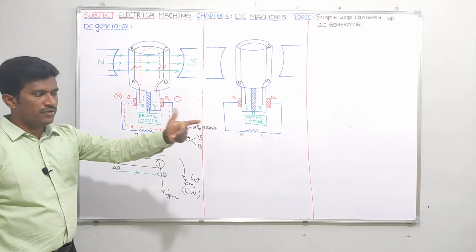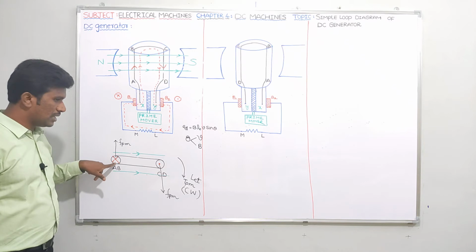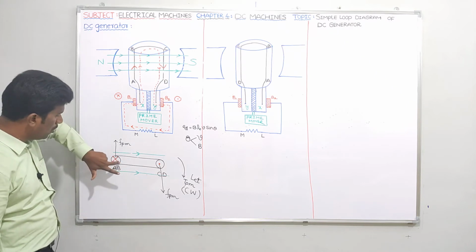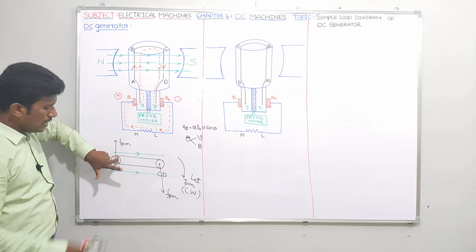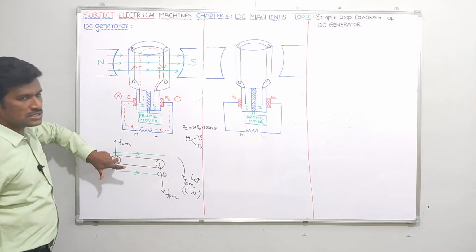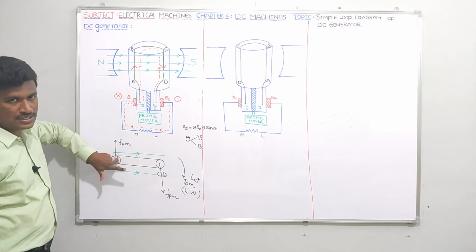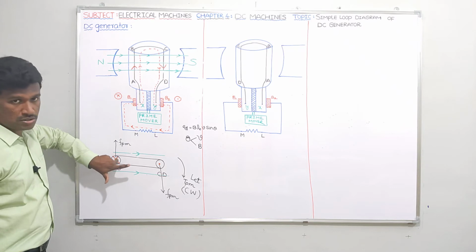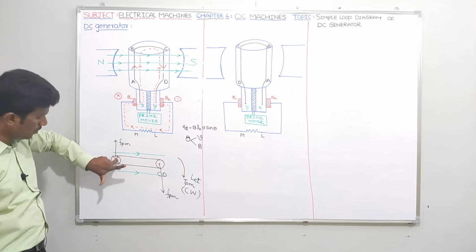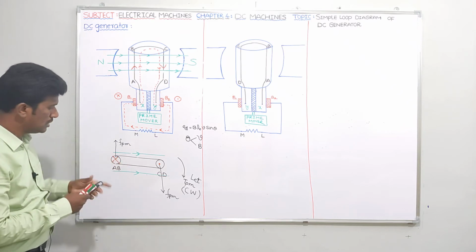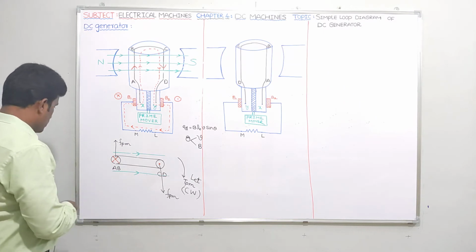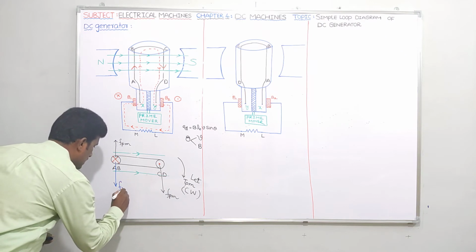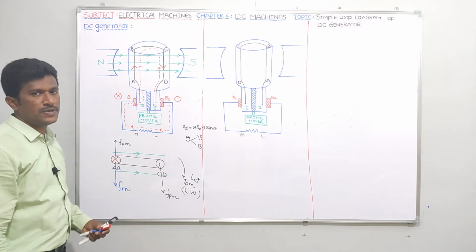Now let me apply Fleming's left hand rule in this AB conductor. It's a cross, and cross means entering into the board. When a current carrying conductor has current going into the board, you have to show the center finger into the board. It is placed in the magnetic field, the direction of the green color flux lines. When a current carrying conductor is placed in a magnetic field, it experiences force. Downwards. This thumb means direction of force, no? Downwards. This is the direction of force experienced because of motor action in a generator. In a generator, motor action will take place. That you have to understand.